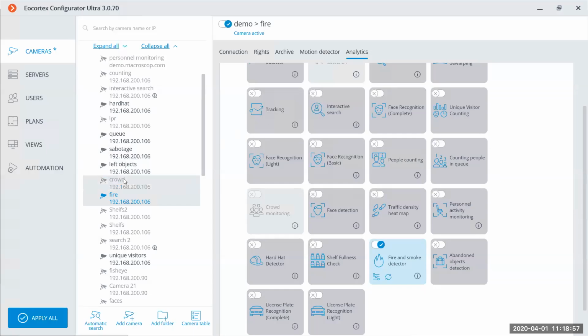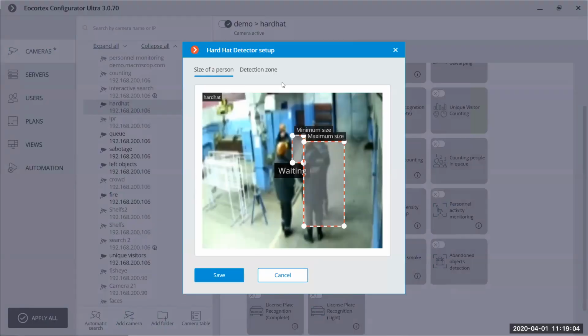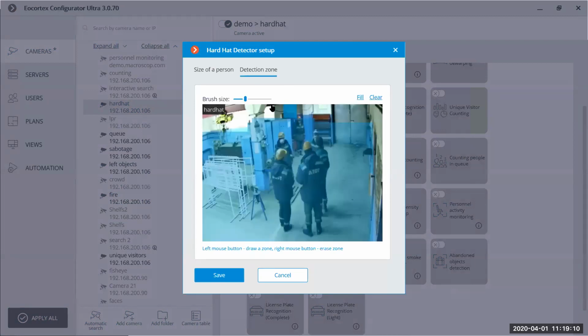Let's go to the configuration of this module. Here we configure the minimum and maximum size of a person, and also the detection area, the detection zone. As for the camera requirements, it is basically a usual video surveillance camera. The resolution for analysis is about 1 megapixel.